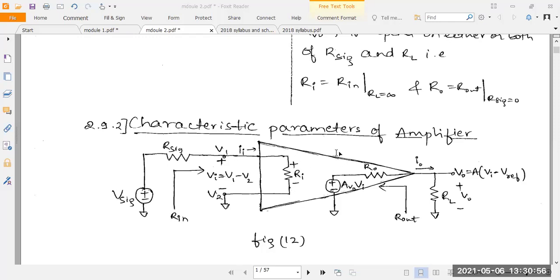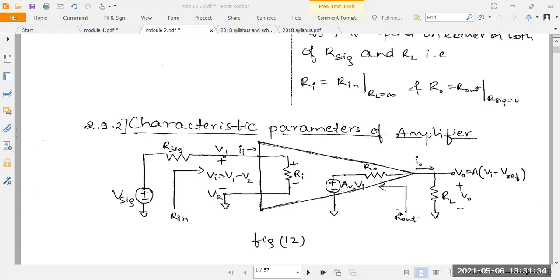Okay, the parameters within the amplifier are the unilateral ones. When you come to the non-unilateral case, you have to consider the outside parameters. So what are the outside parameters here? That is R signal, V signal, then VI, II, then the total input resistance for the V1 and V2 voltages, then RL, then V0, which is equal to A into VI minus the reference voltage, then the total output resistance. These are the non-unilateral parameters. Understood?